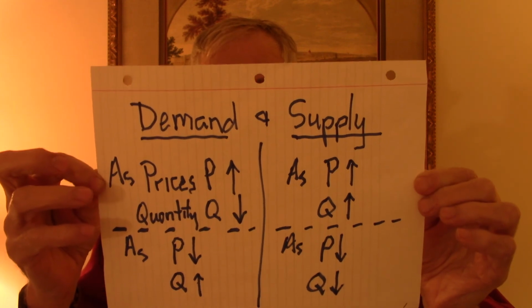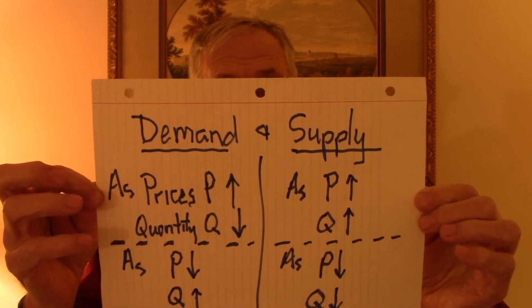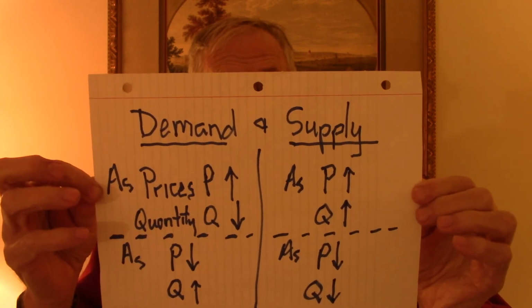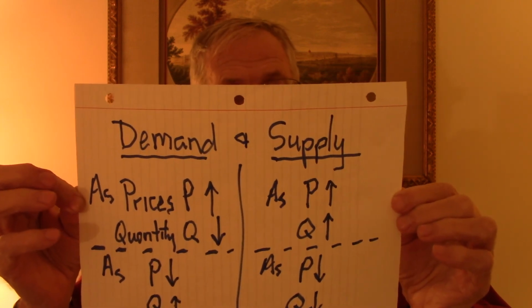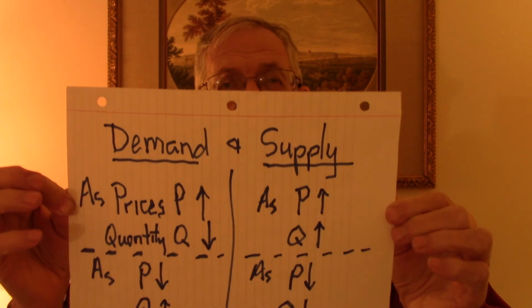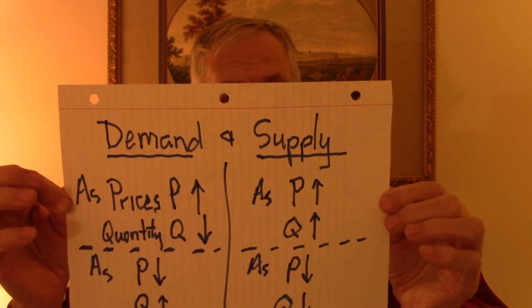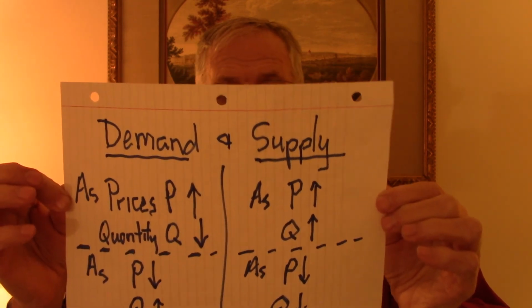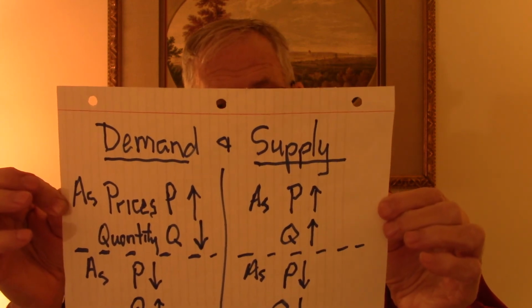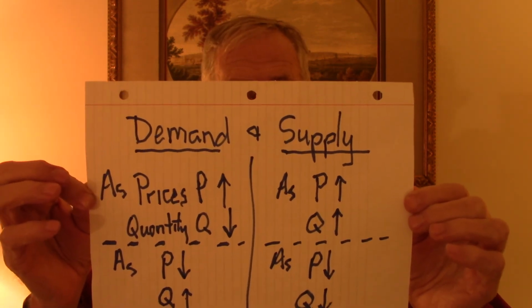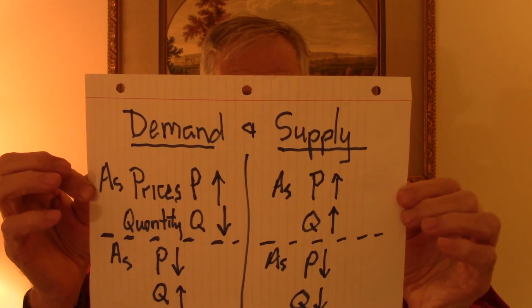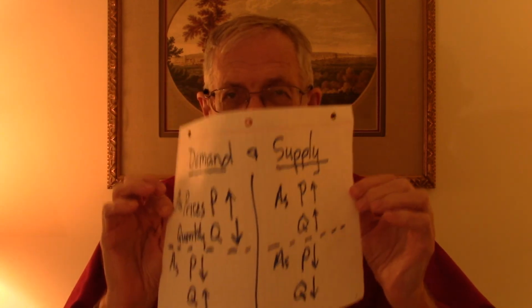As prices go down, people want to bargain, so they buy more, so Q goes up, the quantity purchased goes up. On the supply side, as prices go up, producers want to sell more and they'll produce more, so Q goes up. As prices go down, sellers are less happy, and so they will produce and sell less. So that's